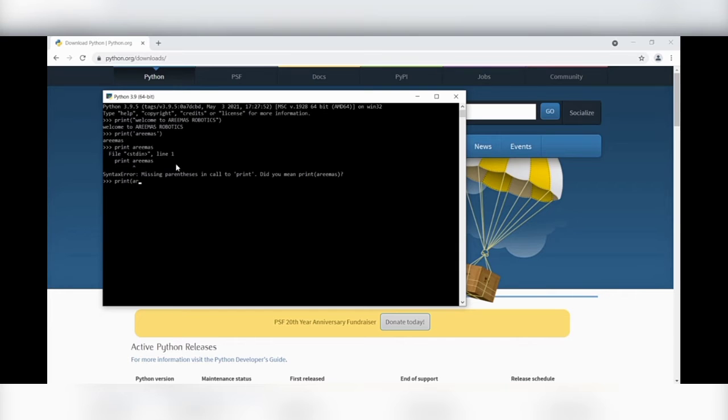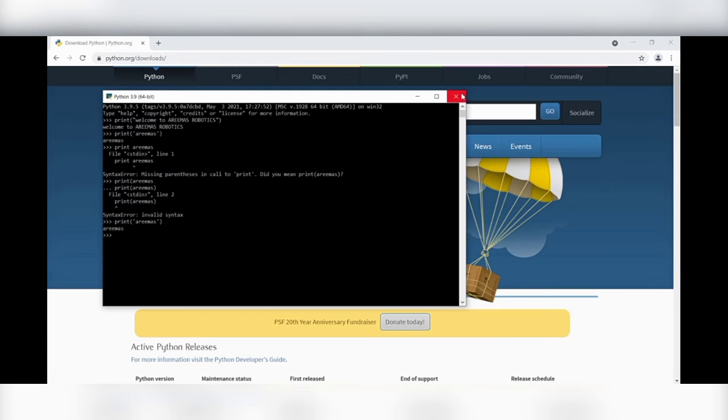So let's try without any quotations. Oh sorry, I have to close the parenthesis. Okay, let's try another one and close it. So here you have seen that errors have been showing, and the apostrophe, or you may say single quotation, is a must. It is printing. Okay, well and good.